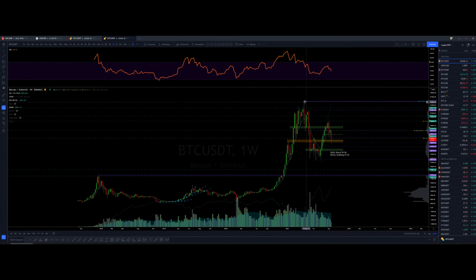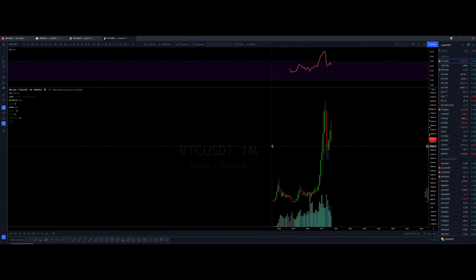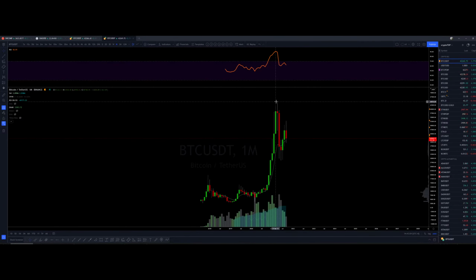If we look at this as a high, this is a lower high on the weekly, but it's not downtrending yet, right? It's maybe more so on the monthly. If you look at the monthly here, you set a lower high here. Almost. Well, it's not official yet, but this has a chance of being a lower high.